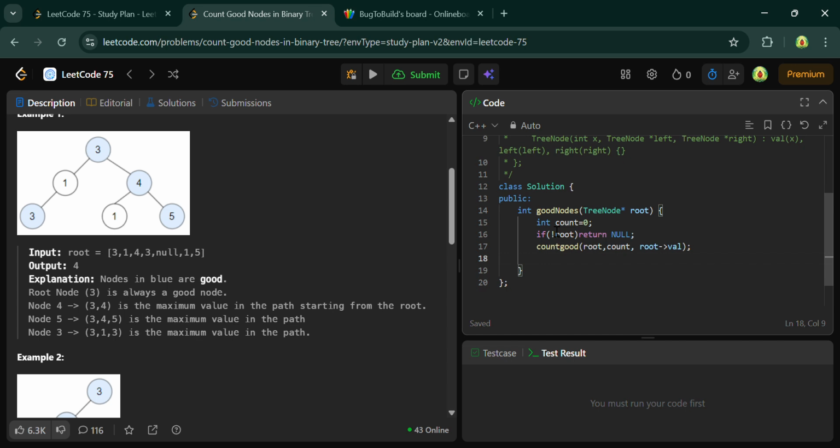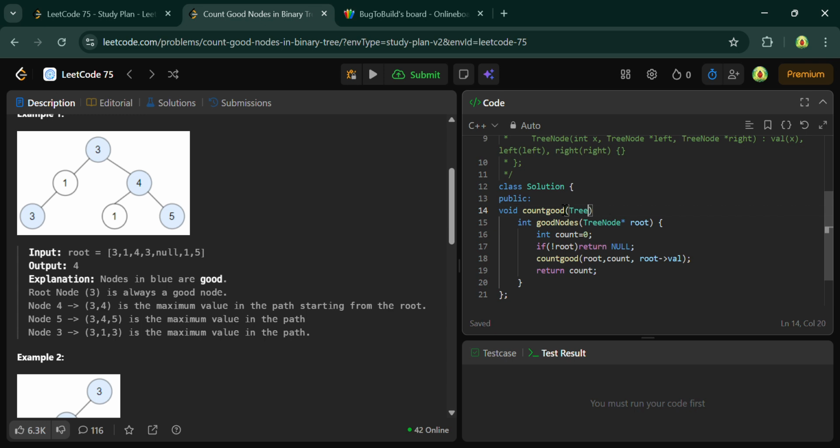This will count, and then return count. So I am creating the void countGood